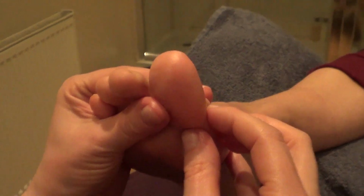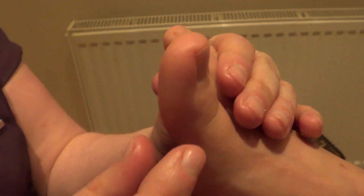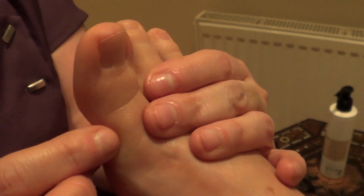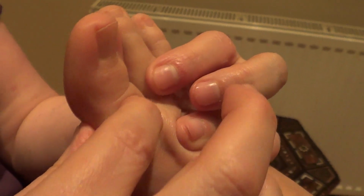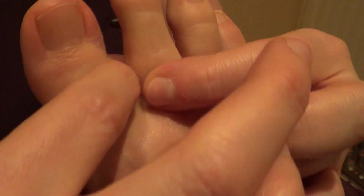We're now going to work the neck reflex, and to work the neck reflex we're going to use a pinch of salt technique. So imagine you have a pinch of salt between your thumb and your index finger, and we're going to place it onto the neck reflex. The thumb remains in place and the finger walks all the way around the toe, coming just in between toes